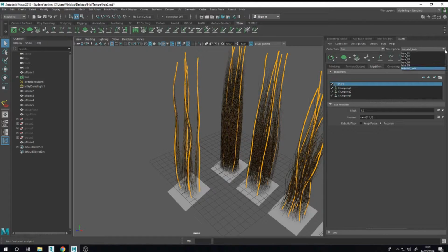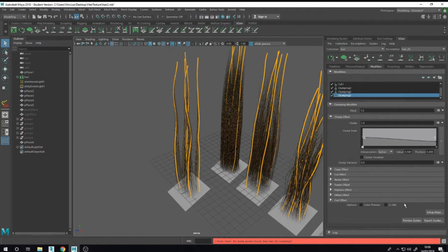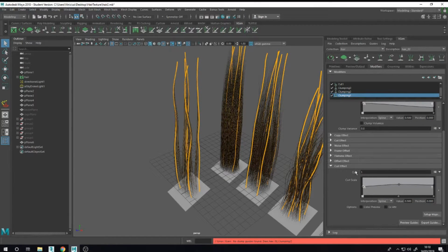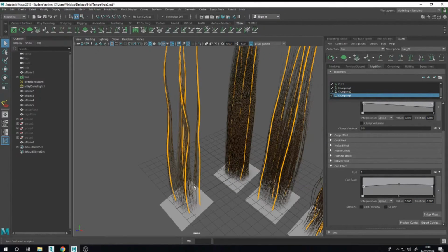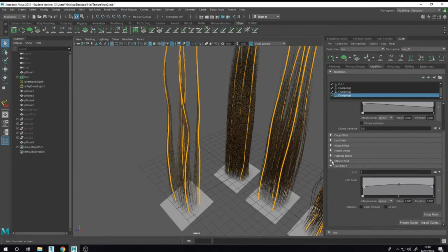Let me check the first one. So here I put some curve effect, a little offset.